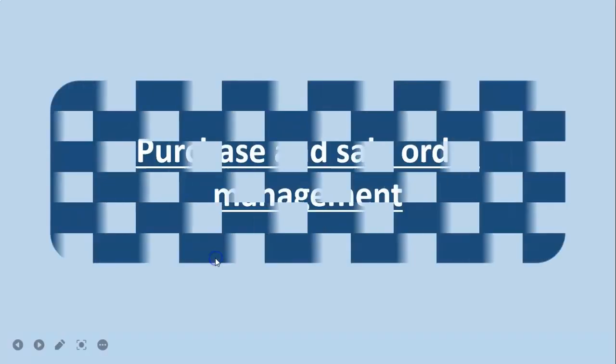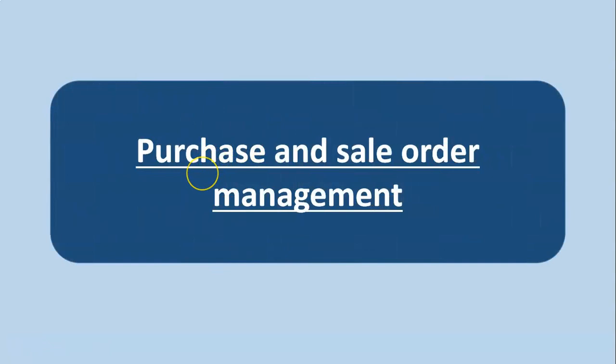That's it. Next topic we are going to see is purchase and sale order management. So what is an order? If you want to purchase any goods, the first step you have to do in your Tally Prime is raising of orders. Once you raise your purchase order, against the purchase order the supplier will be sending you the goods. Whatever goods you have received, you will account in the receipt note. So against the purchase order, there is a process.